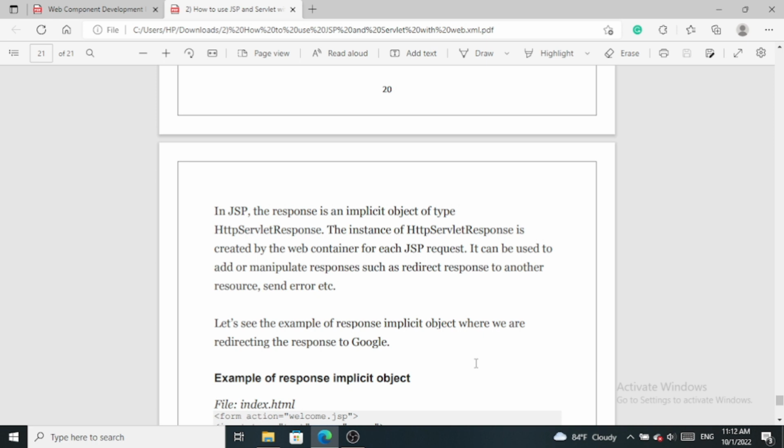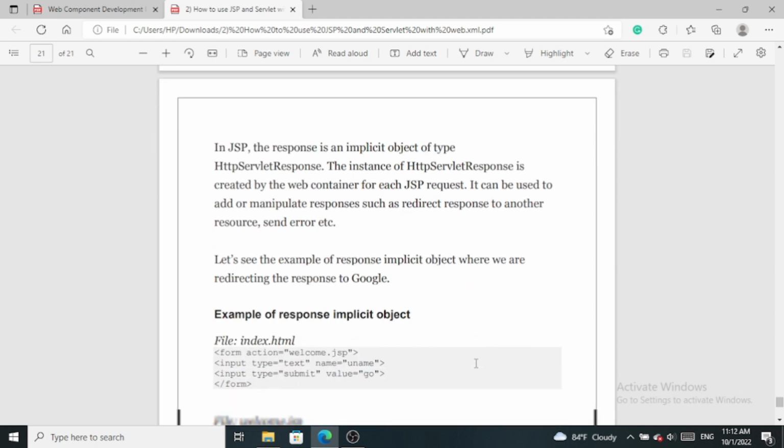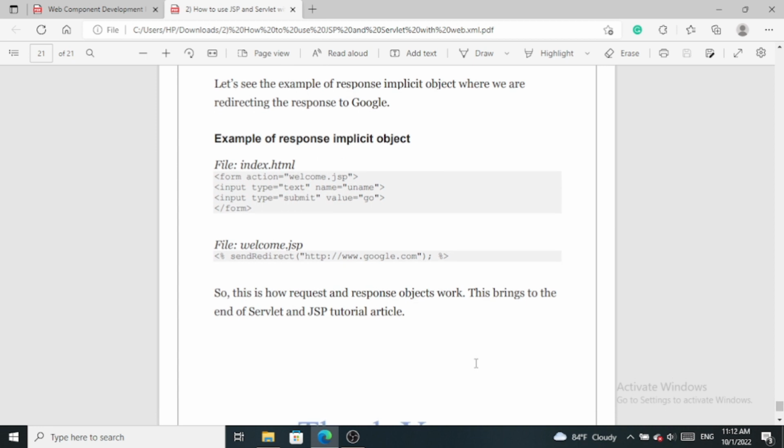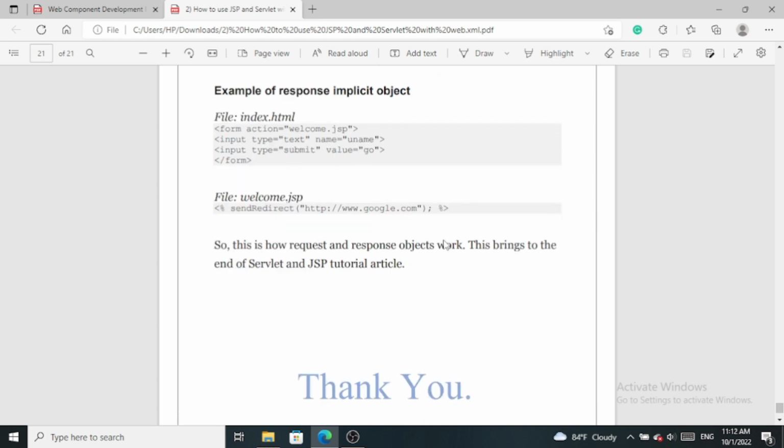It can be used to add or manipulate responses, such as redirect response to another resource, send error, etc. So let's see the example of the response implicit object where we are redirecting the response to Google. So here you can see the example. After that, this is how the request and response objects work. This brings to the end